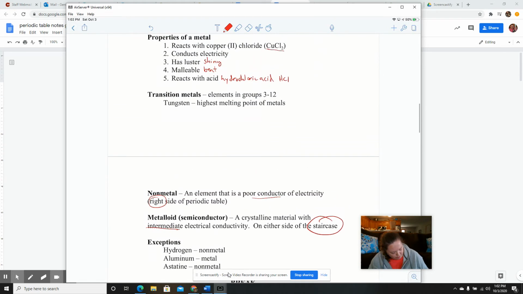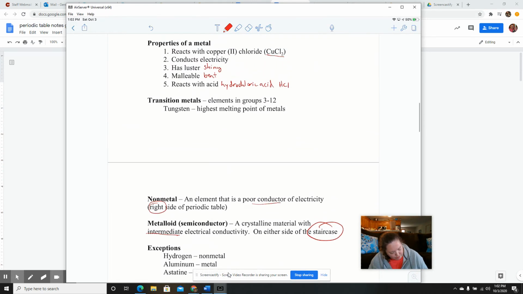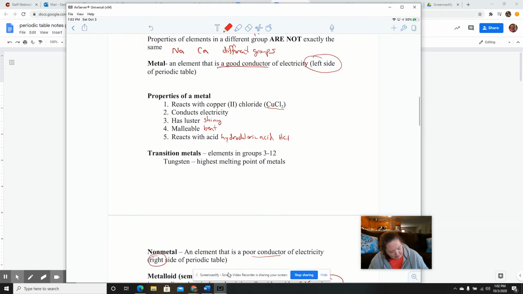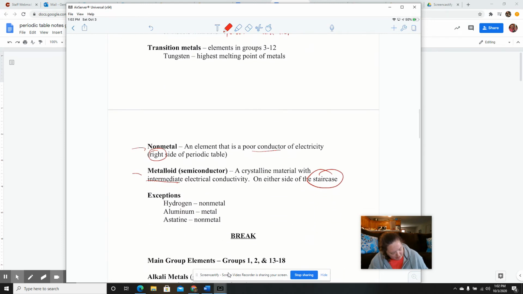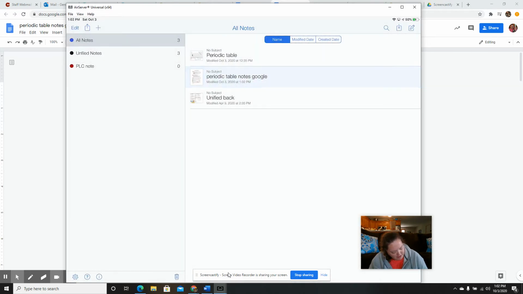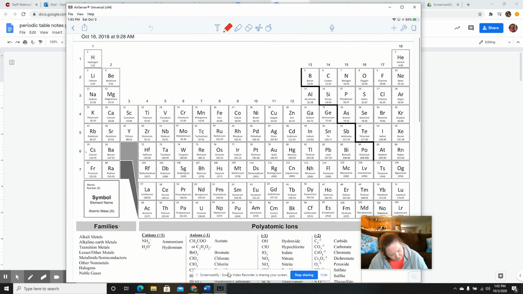So that's as far as I'm going to go through the notes, but I want to go through, on your periodic table, and show you where the metals, nonmetals, and metalloids fall on your periodic table. So if you would get out your periodic table right now, I'm going to show you this right now, okay? First thing I'm going to do here is I'm going to show you where the metalloids are,